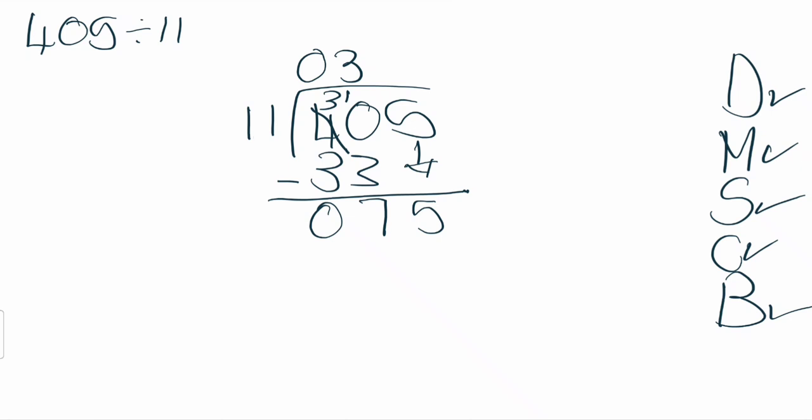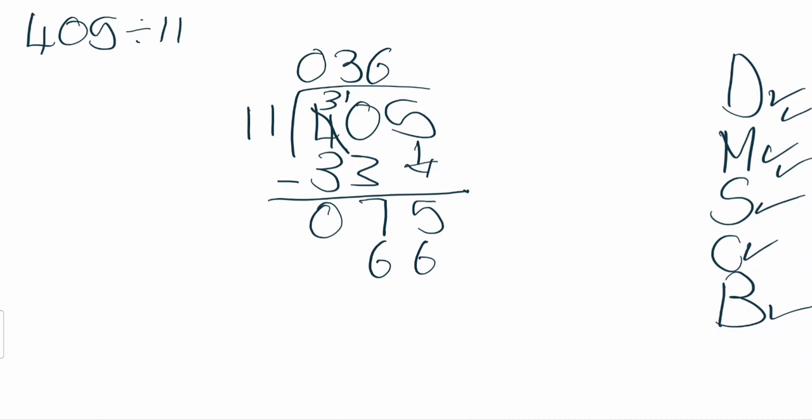Then you're going to say 11 into 75. Let's count how many times. 11, 22, 33, 44, 55, 66. We stop there because 77 will be more than 75, which means it goes in 6 times. You're going to write the 6 on top of the division sign, and we'll multiply the 6 with the 11, which will give us 66, and write it under the 75. Next, we're going to subtract